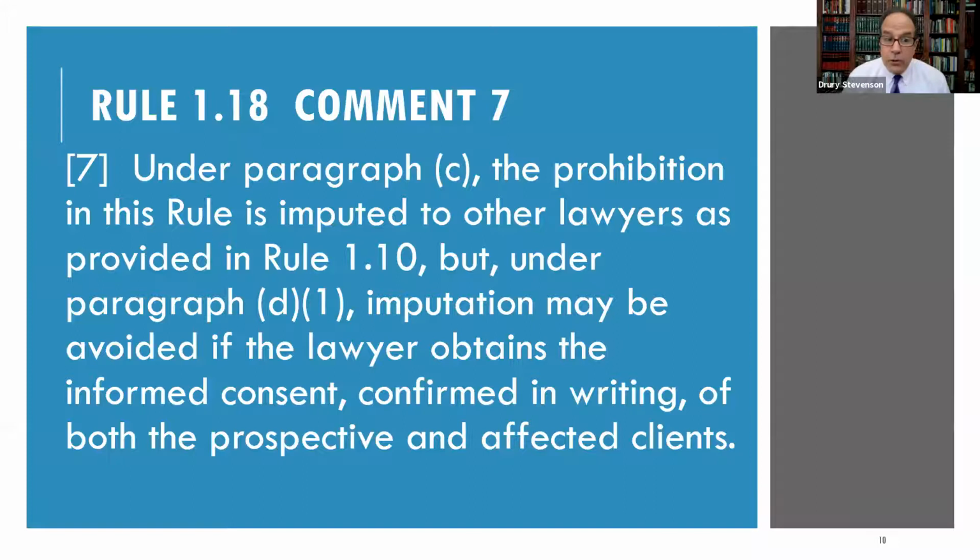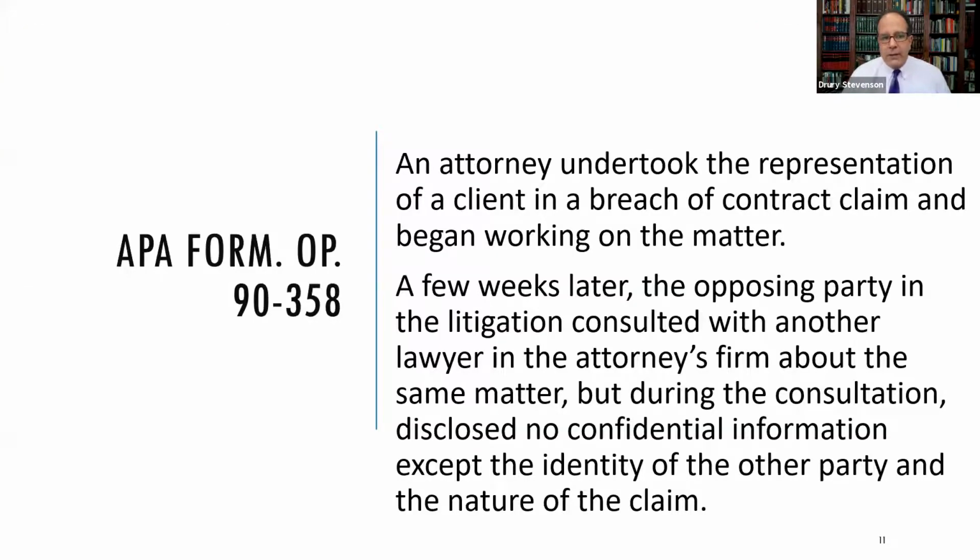Under paragraph C, the prohibition to this rule is imputed to other lawyers as provided in Rule 1.10, but under D1, imputation can be avoided. In other words, if one lawyer in your firm does a consultation and gets disqualifying prejudicial or confidential information from somebody during a consultation, the whole firm will be presumably disqualified from representing the opposing party, unless that lawyer didn't get any more information than necessary, limited it, and hasn't shared it with anyone, and we can still screen that lawyer. There's an old ABA opinion that I just want to mention really quickly from 1990,